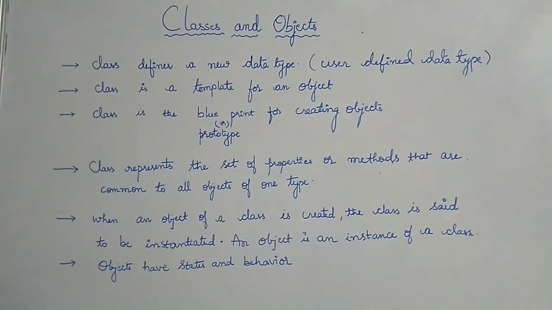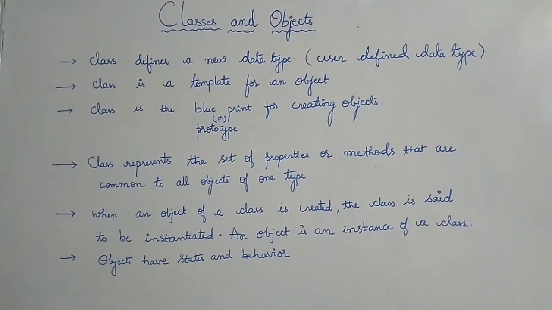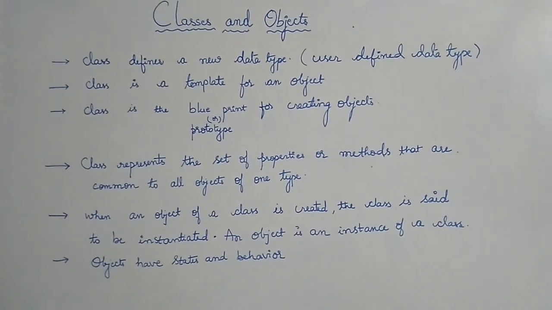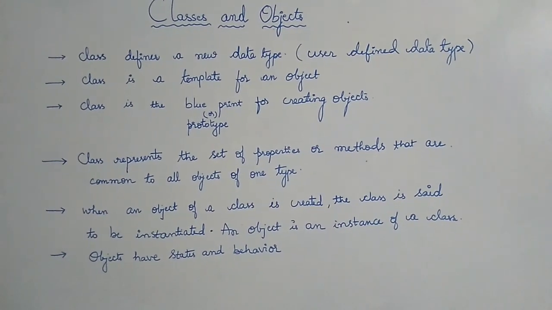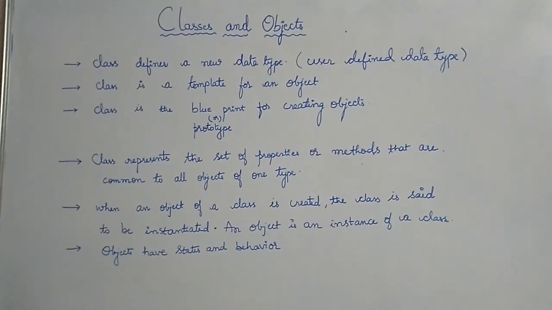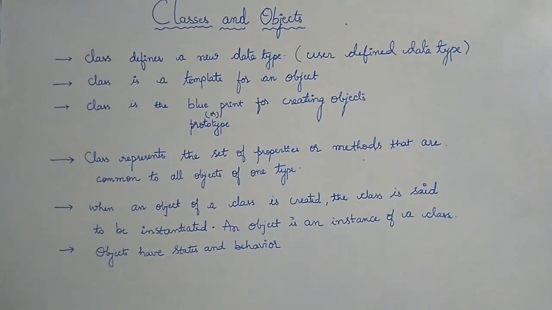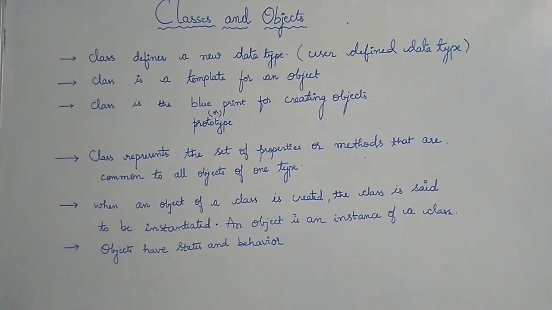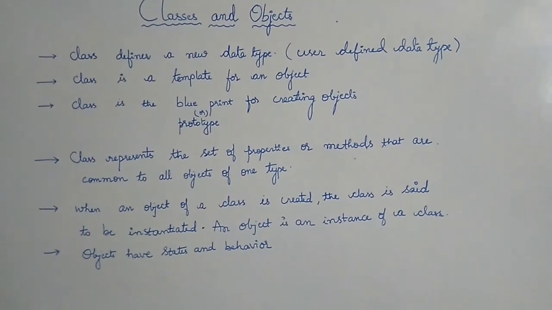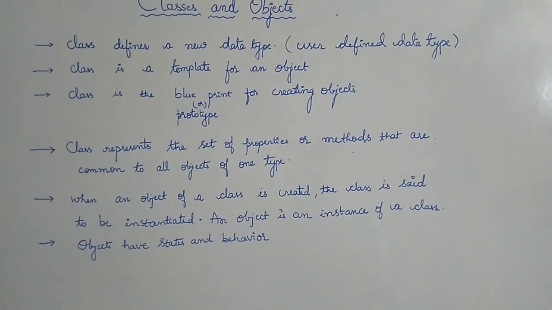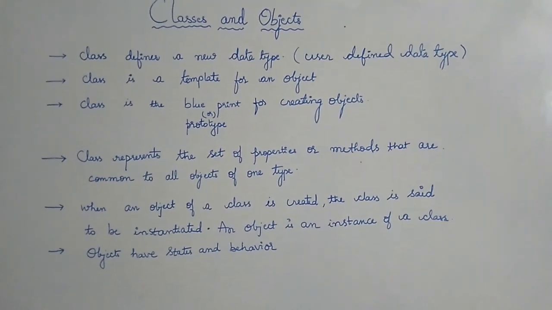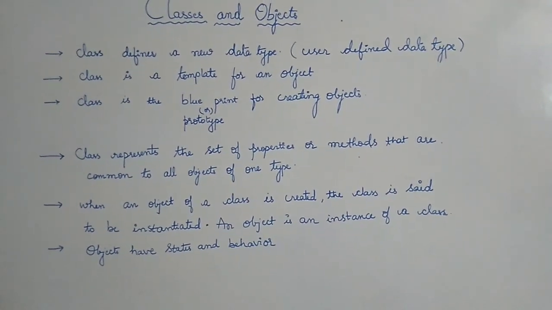For example, you can take a real world analogy. Before constructing the house, we go to the civil engineer and ask him to prepare a plan. The plan is prepared on paper. So that's what is called a logical construct. Later on, this logical construct will undergo many changes according to our requirements, and then finally the blueprint will be finalized and then the blueprint will come into reality, that is a building. So here class is the plan that we have prepared and building is the object. From this we can conclude that class is the logical construct whereas object is the physical reality.